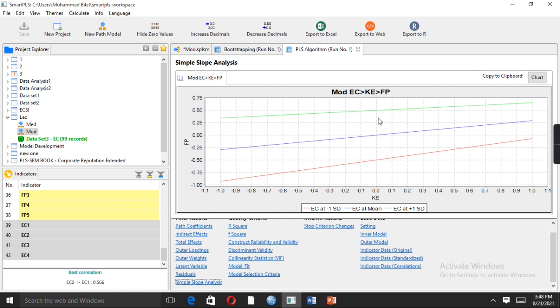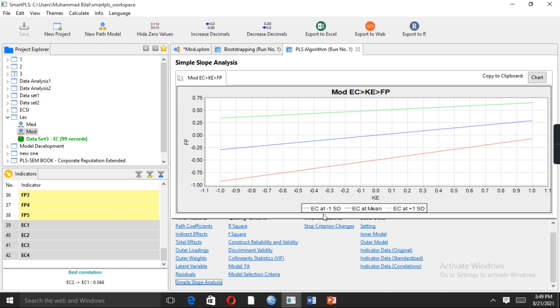We can see these three different slopes: green, blue and red. The blue color shows our moderator variable, environmental consequences, at the mean level. The green slope shows the value of environmental consequences increased by one.